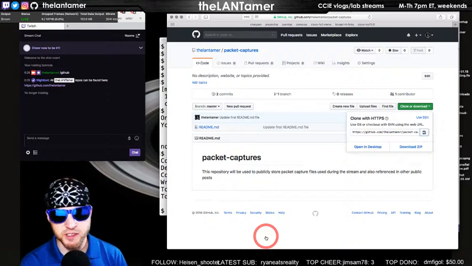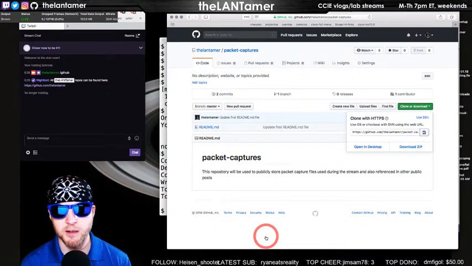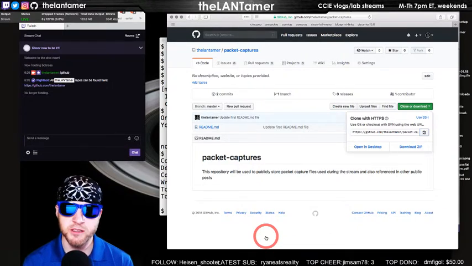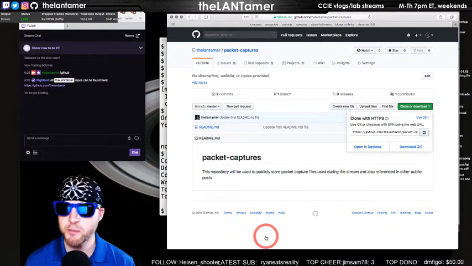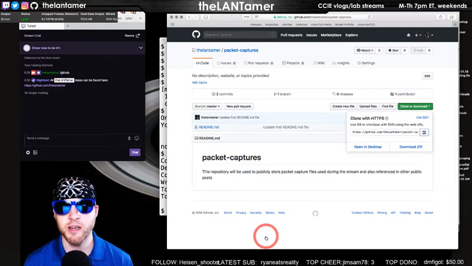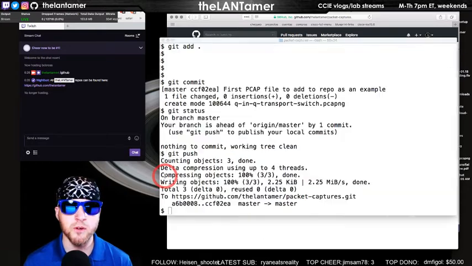I'm pointing over here to this other machine. It's off right now, but I'm going to boot it up. I'm going to clone the repository to a local copy. I'm going to add that pcap to the repo. I'm going to commit it and push it. And then that will now be synced with the origin master, right? And then next time I come in here and I do a git pull,